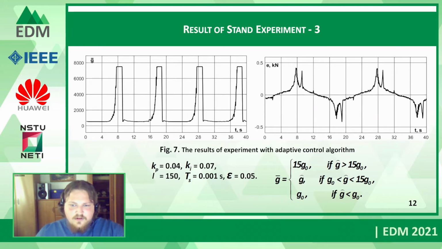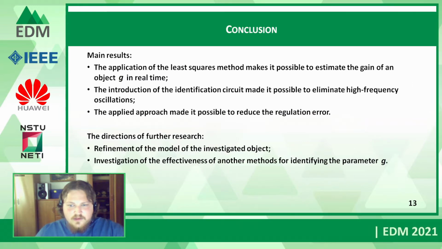The regulation error was reduced to half the value relative to the nominal operation of the stand. The application of the least squares method with a sliding window had a positive effect on the control process and made it possible to get rid of the resulting oscillation during operation. Also, the solution made it possible to take large coefficients for the P controller, which reduce the regulation error from